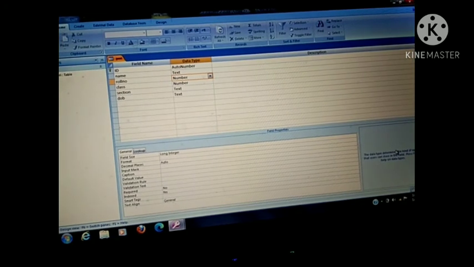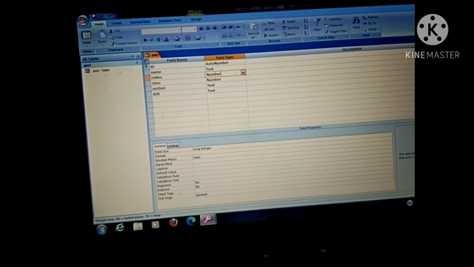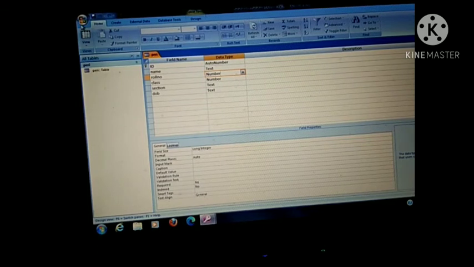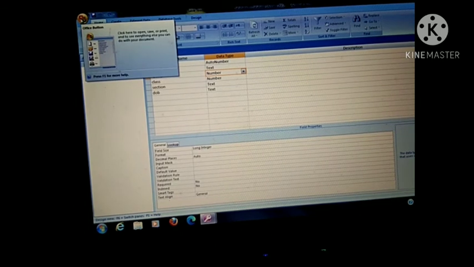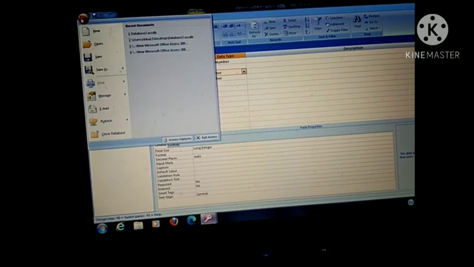I have already created table, ma'am. Last week I have already created my table. I want to open that table only. Okay, it means opening an existing file. Opening an existing file in MS Access, how we can do. So again, for this, in version 7, click on this office button. If you are having version 10 or the latest version than this, then click here on file tab, and here you will check open option.